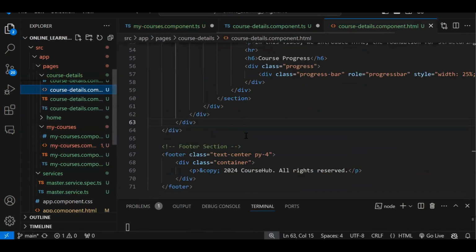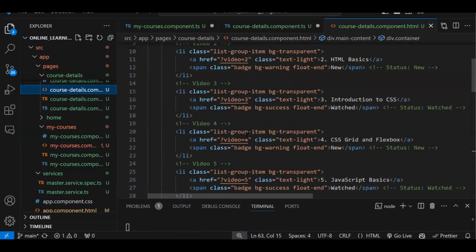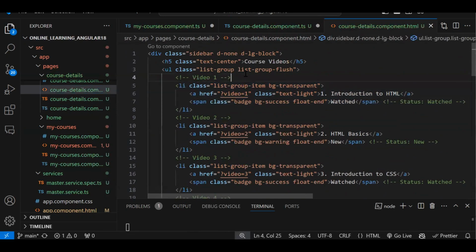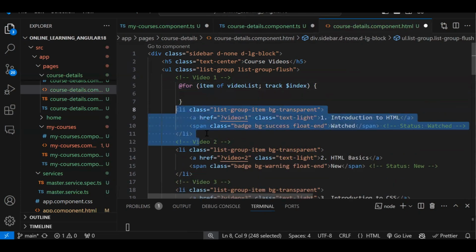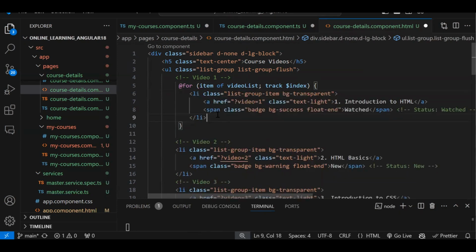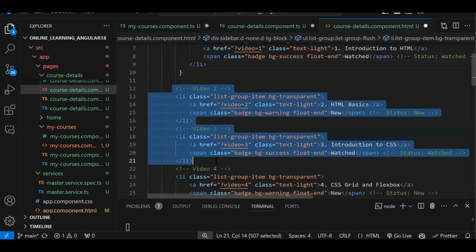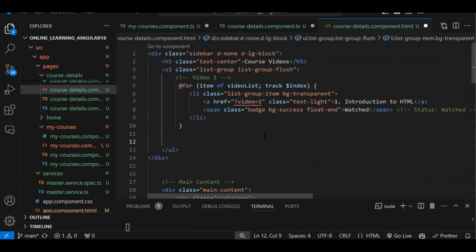Now whatever videos we got, we need to display in the side panel. So we have this sidebar. This li we need to iterate, so let's make use of a for loop on this element, and this li will go inside this. And here we need to show the first index, we will print it over here. Then we need to show the video title. So item dot,